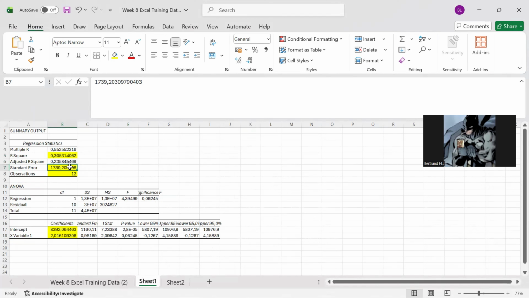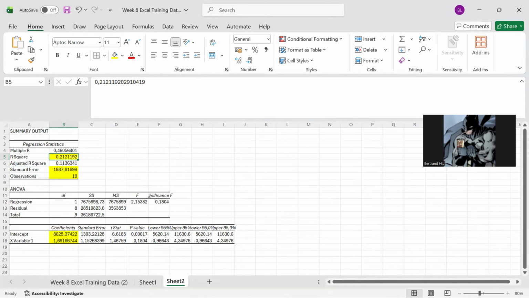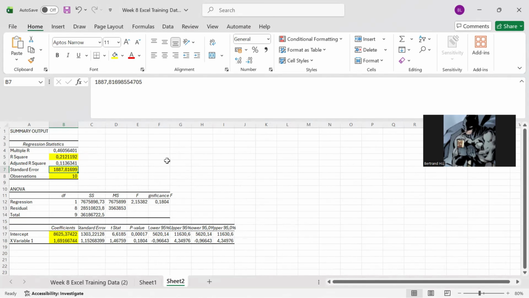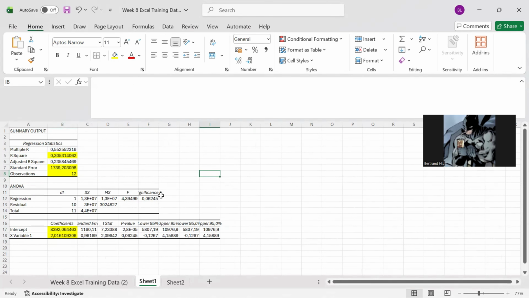And also I use the standard error, which is measuring the typical distance between the data point and regression line. It tells us how well the model fits the data. And we can see here at the 10 sample sets, it has higher standard error comparing it with the first one, which means that when we use 10 sample, it give us higher distance between the data point and the regression line we make. And the last two is the intercept